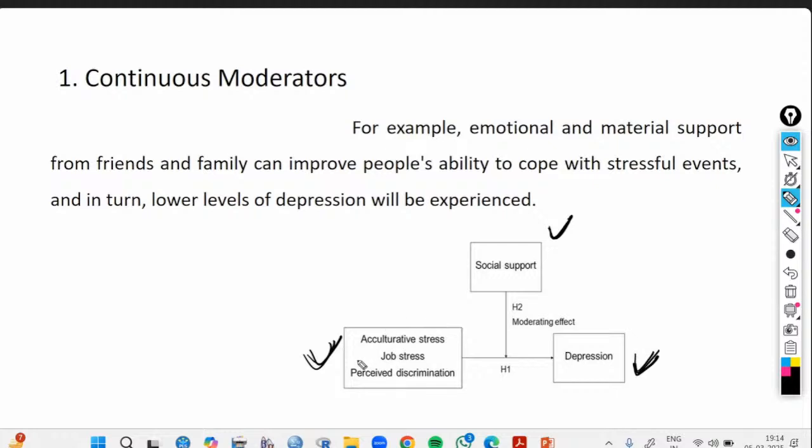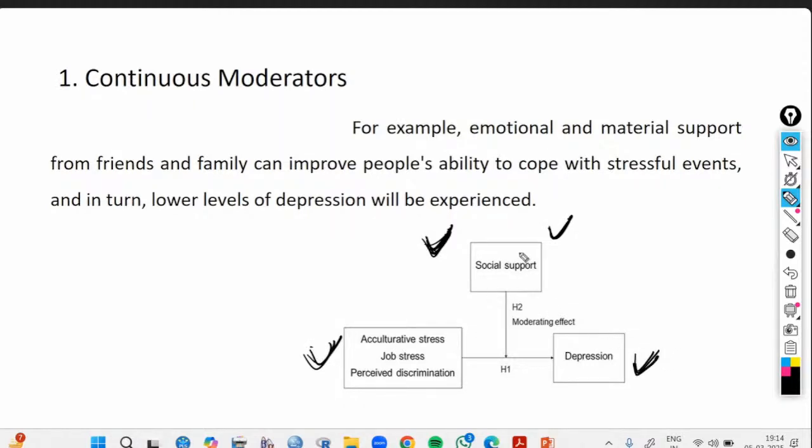If you have job stress, and you have more social support, आपके पास ज़्यादा social support, then you will be less stressed and depression will be less. If there is no social support, आपके पास social support नहीं है, तो you will be more stressed and more